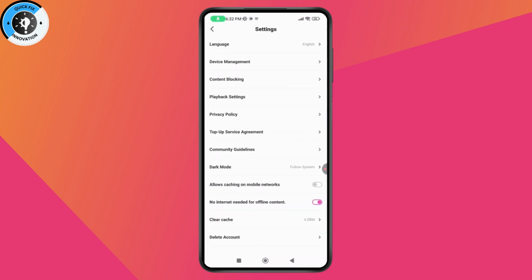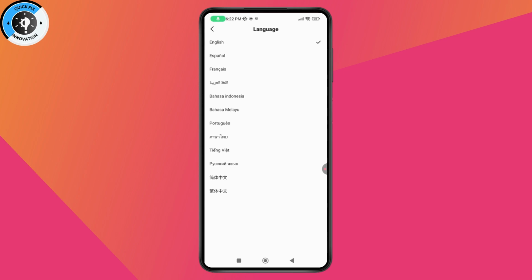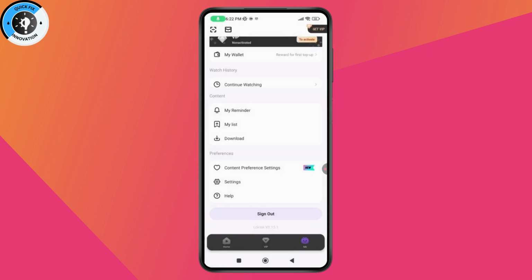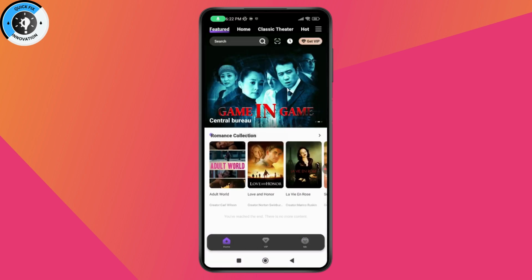Under settings, you may have a subtitle option, but if you don't find it, you can also go with the language, and under language, you can go and change your language. And it might fix your problem. But if that doesn't fix your problem, then just go back to your home page and go and tap a